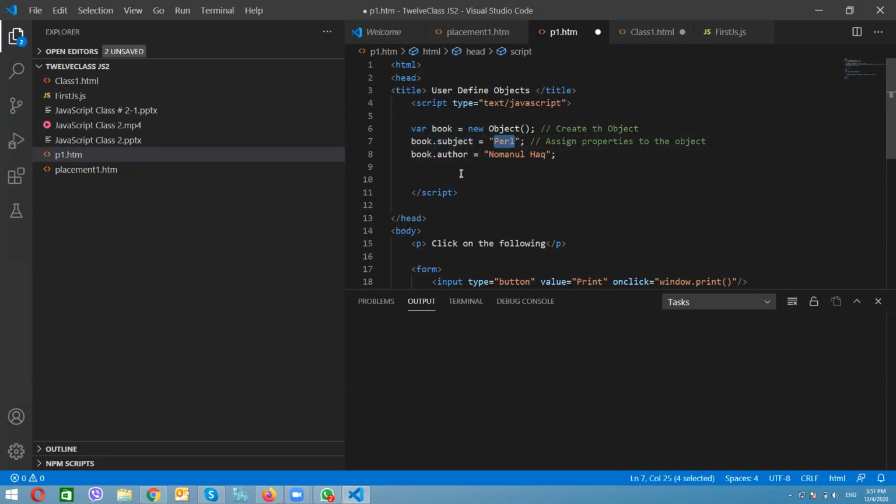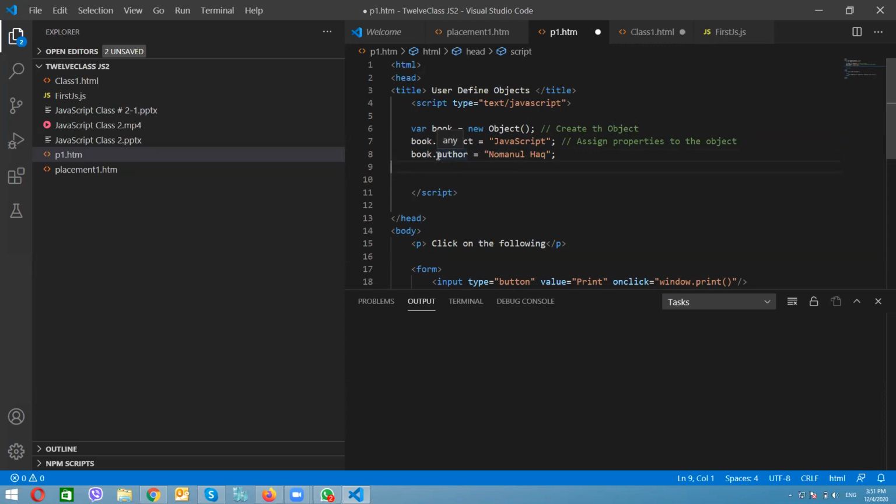I said Perl is a subject, or we can say JavaScript is our subject. And another property is author. I'm assigning values for both of them. I create properties and at the same time I assign the value to them.